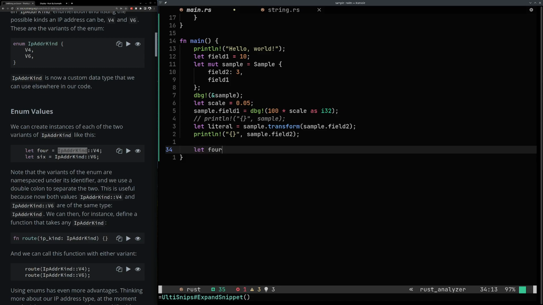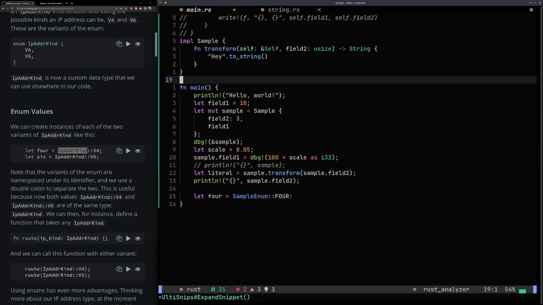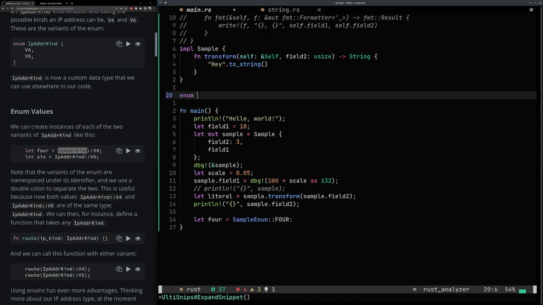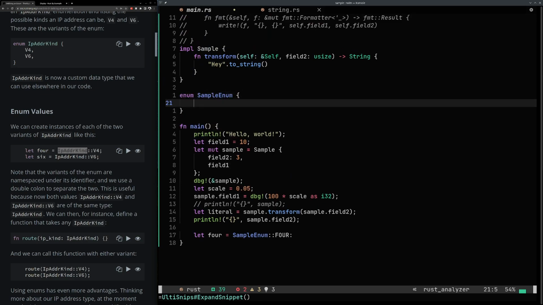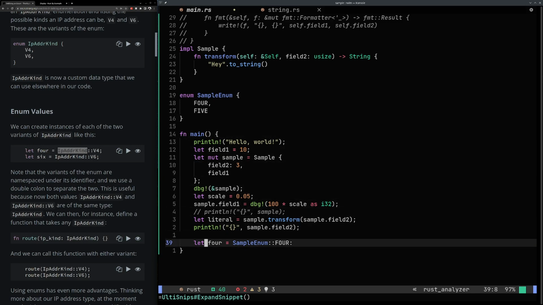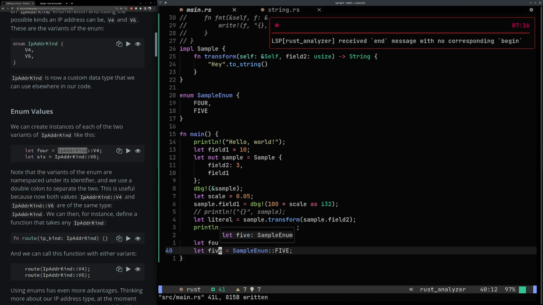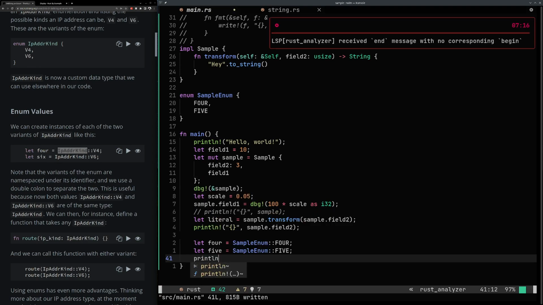Sorry guys. So you can do let four equal to a sample enum, and you can have a sample enum, which says enum SampleEnum, and you can have four, comma, five. By the way, this does not mean that it is 4, right? That is totally different. So it's just of a type, and if I do println,